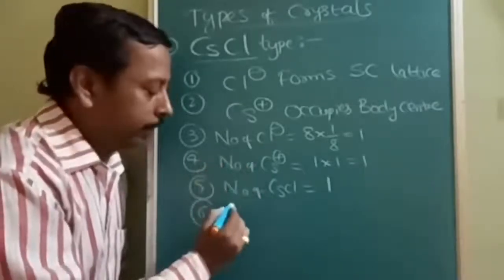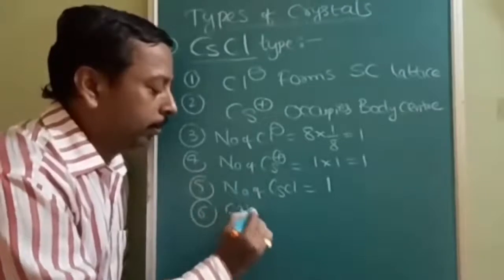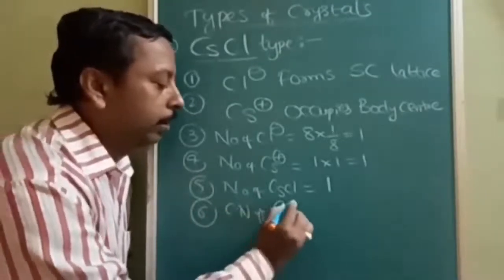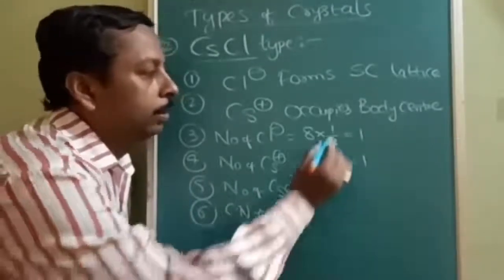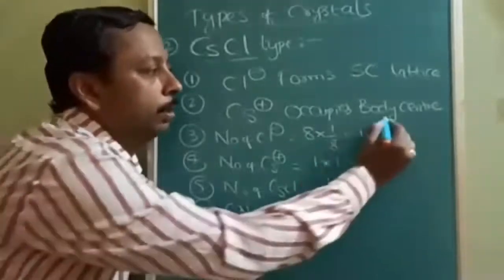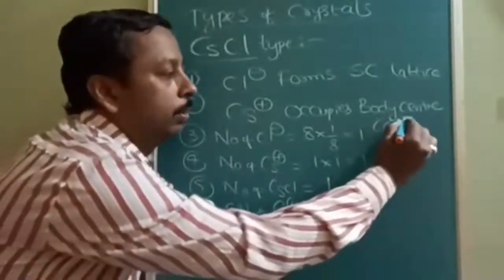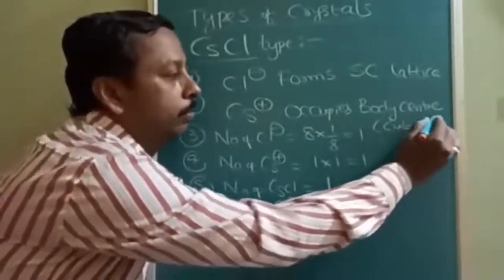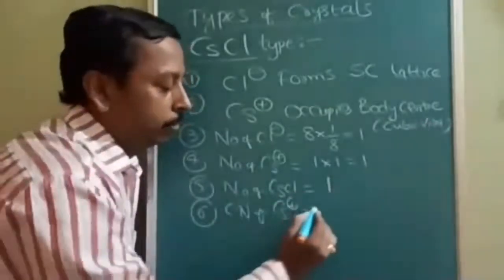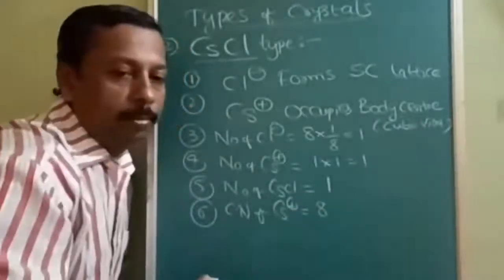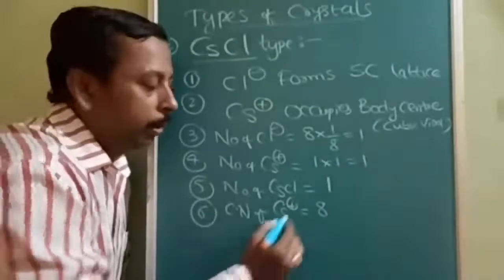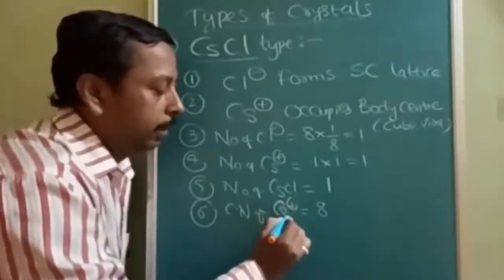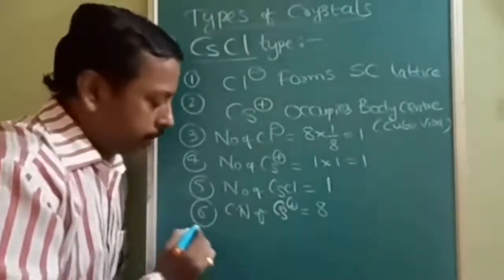Very good. Coordination number. Coordination number of what can I find out? Cesium positive, because it is a cubic void. Body center is which void? Cubic void. This also I have told. So for a cubic void, the coordination number will be how much? 8. And as it is a 1:1 crystal,